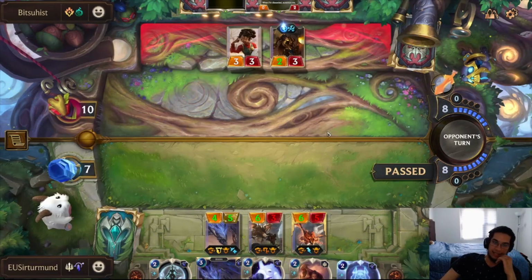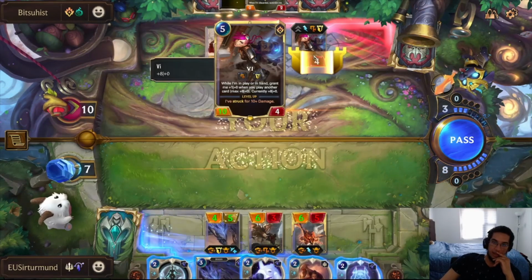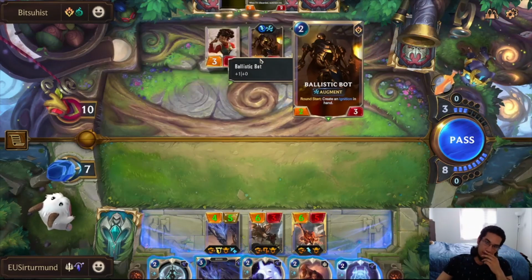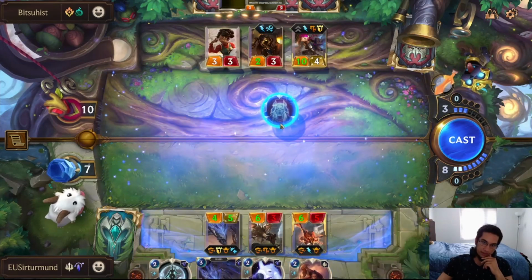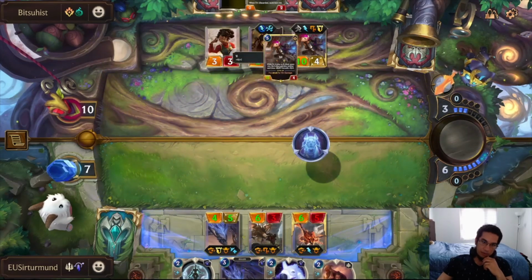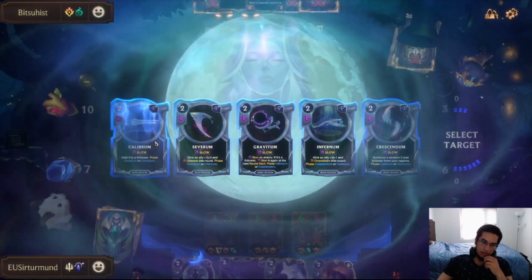I think we pass. We have Sharp Sight. Yeah, see, so opponent is gonna try to go for the lethal using the Vi. This is gonna be 4 mana. I think we're okay doing this, right? I think we can kill the Ballistic Bot. Opponent only has enough mana for...